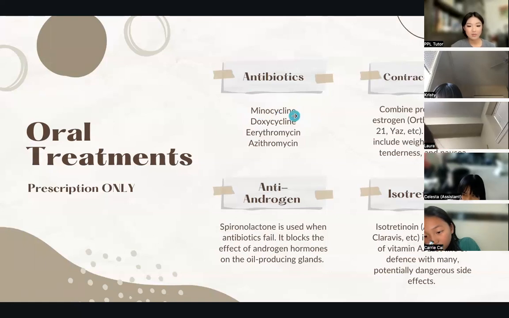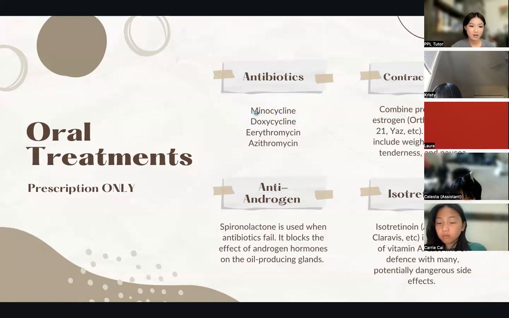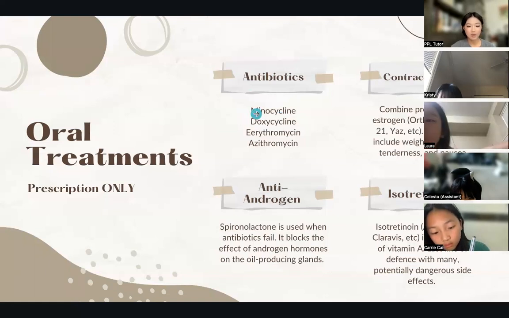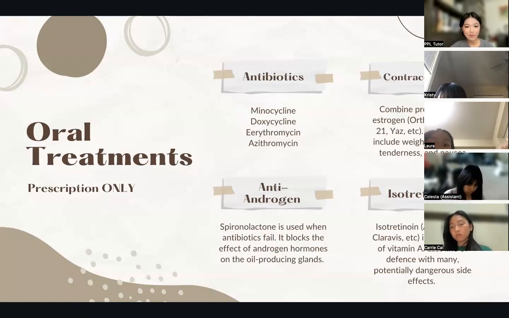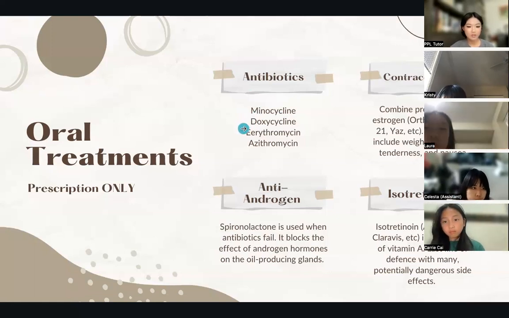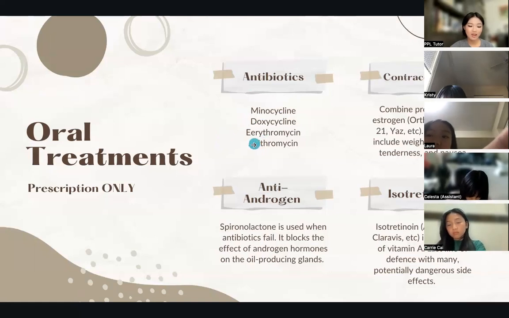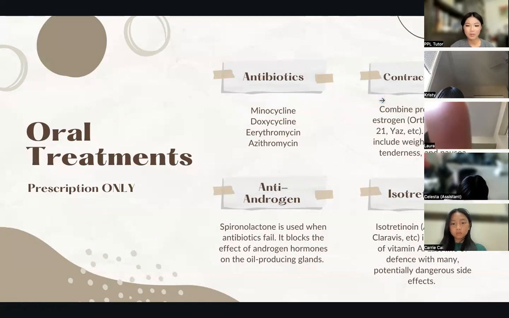So the first line of defense, or the most potent of antibiotics, is called minocycline, and doxycycline. So minocycline and doxycycline are part of a broader class of antibiotics called tetracyclines. The tetracyclines are the most effective. However, some people don't really react well to them. So if you don't react really well, you have your other choices, which is erythromycin. Antibiotics are generally the first line of defense, the first thing doctors will prescribe you if you have inflammation-based acne. And these can be incredibly effective. And then we have our contraceptives, or birth control.